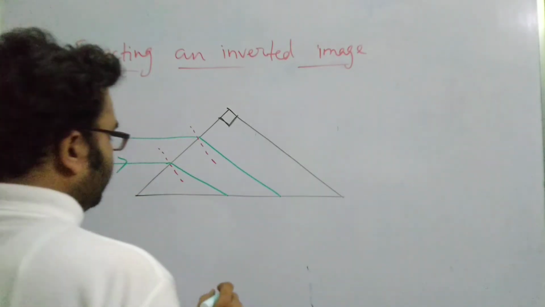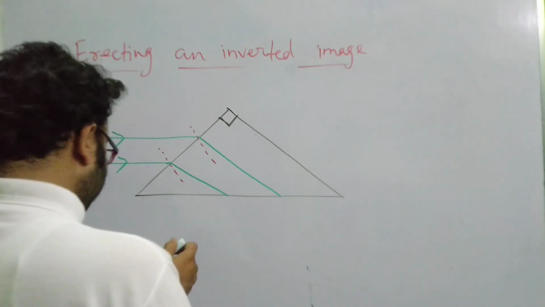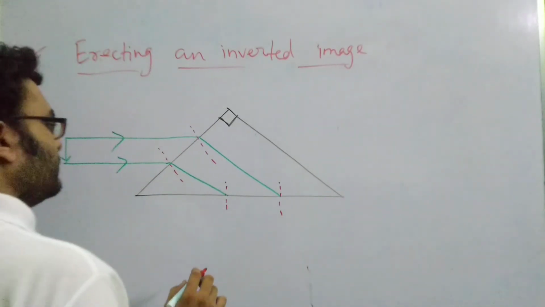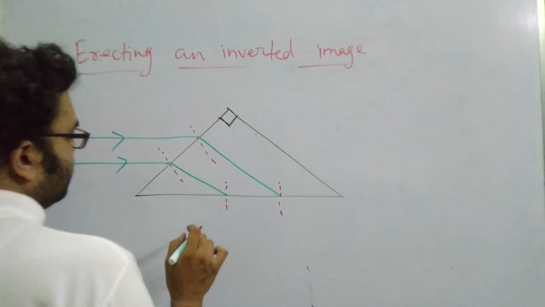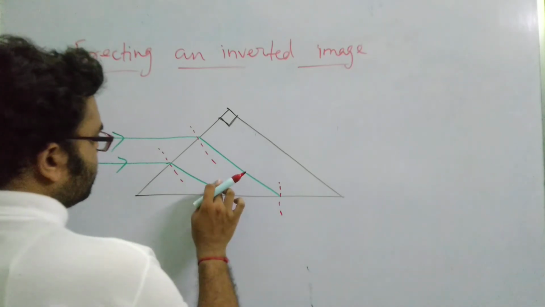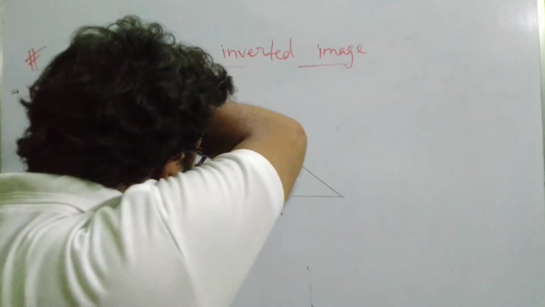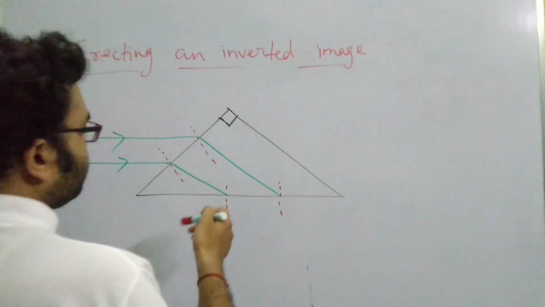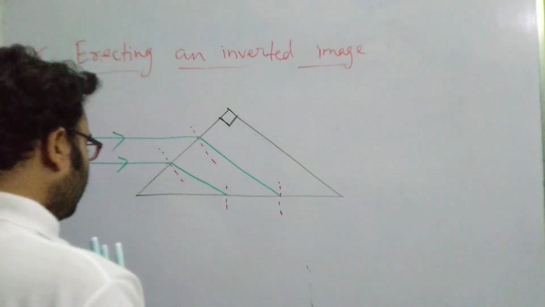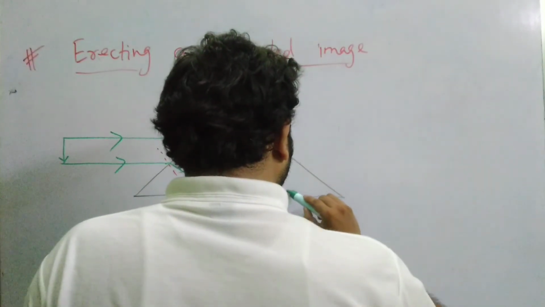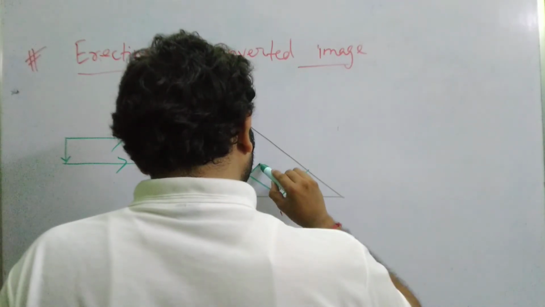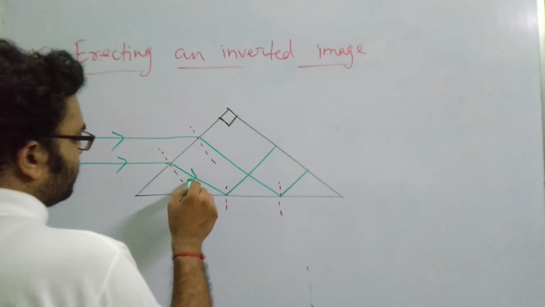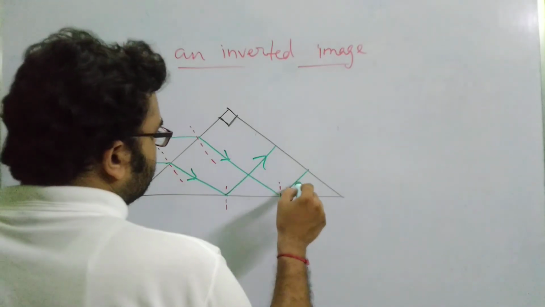After bending towards the normal, if we draw another normal at this point and at this point, the angle of incidence will be 45 degree again. How can you see that? We have already discussed this in the previous two diagrams, so we are not discussing it here. The angle of incidence here will be again 48 degree. Hence what happens? Total internal reflection takes place. The light will not be going out in this direction. Rather, it will move out like this and like this. So the light ray comes here, moves out in this direction, then in this direction, then again comes out like this.